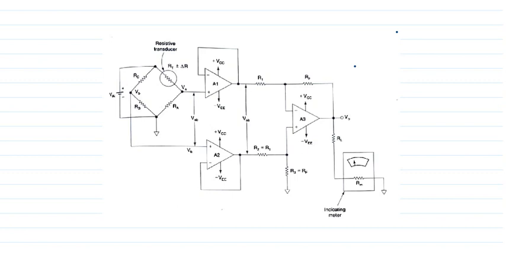The differential voltage will be given to another amplifier and it will give the output. The output goes to the indicating meter. This is the simplest form of an instrumentation amplifier